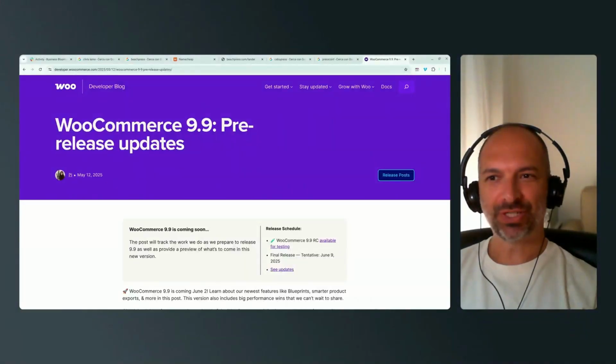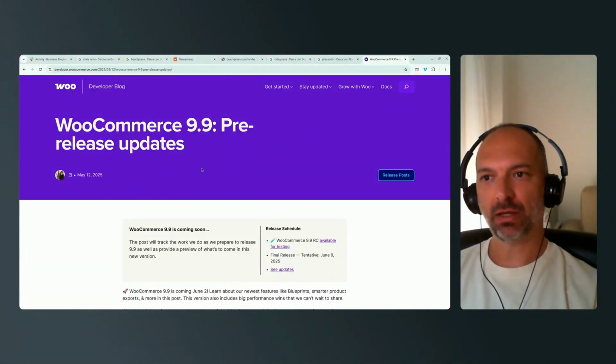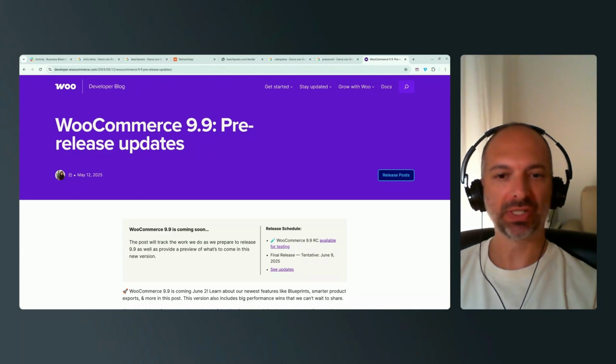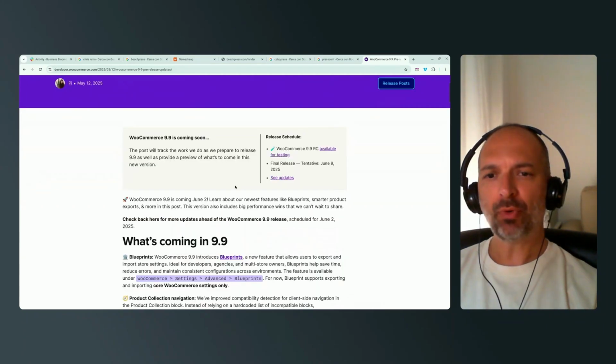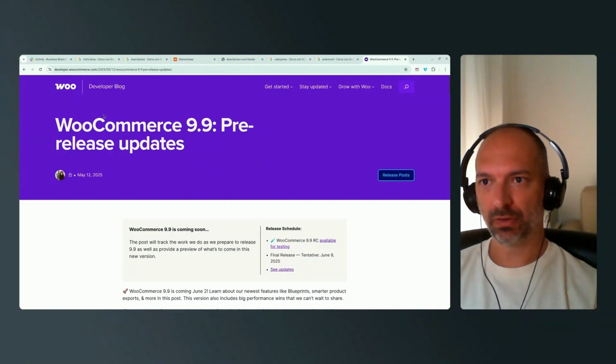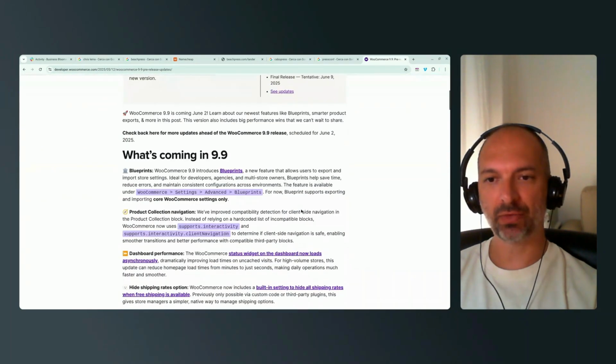Hey everyone! Today we're talking about the release notes of WooCommerce 9.9.0, which was meant to be released in May. It's important that, as usual, you follow the WooCommerce developer blog so that you can actually read all the notes before it comes out, and so you kind of know what to expect whenever you go to update WooCommerce on